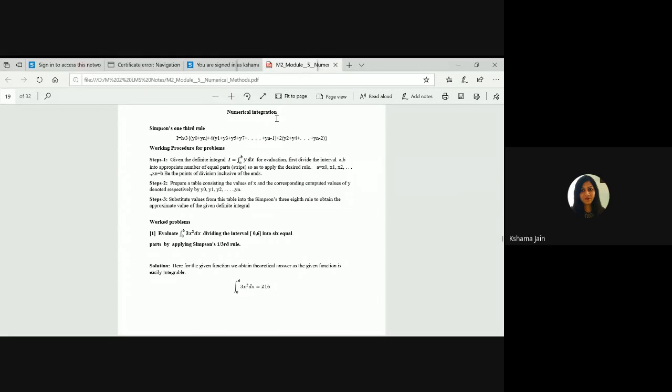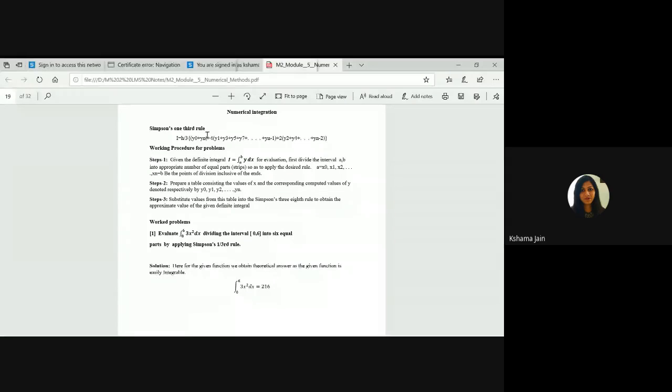Although in your syllabus, they have given only functions, not discrete data. But basically, the difference is that we use numerical integration when, in the integration, the function is not given and discrete data is given. Trying to find the integration, we use these methods. Very easy. Just the formulas of the three methods are different; otherwise, the concept is the same.